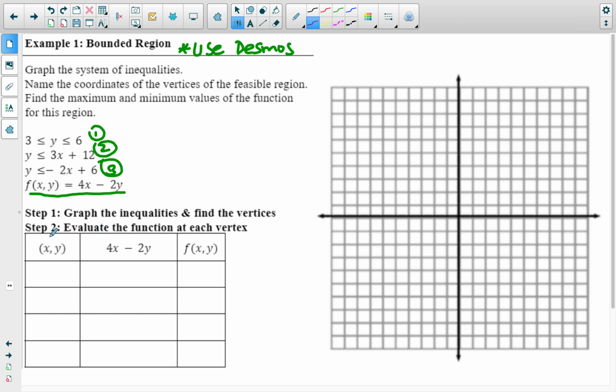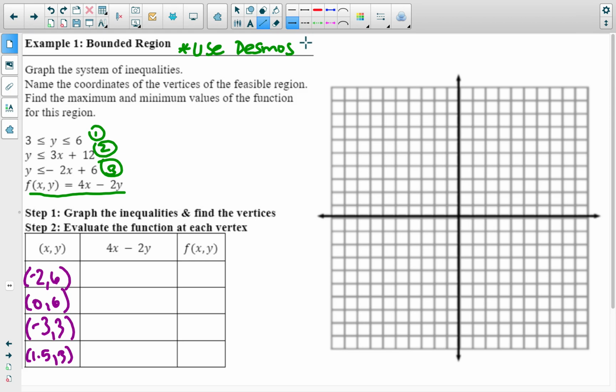To help you out with this, I've created this little table for you. It's going to help you evaluate your function at each vertex. So you're going to take your vertices. We have a vertex at (-2, 6), (0, 6), (-3, 3), and (1, 5, 3). And before I move on, we're going to just quickly sketch a graph of this,